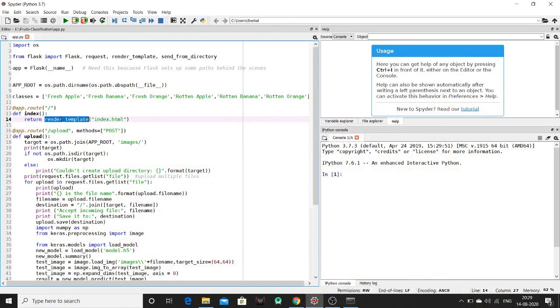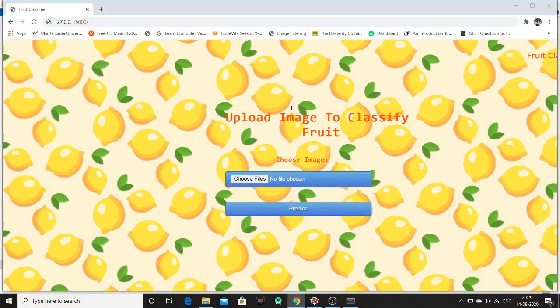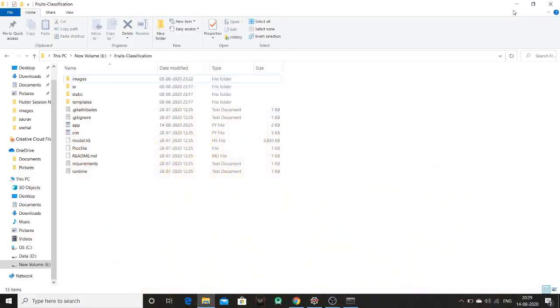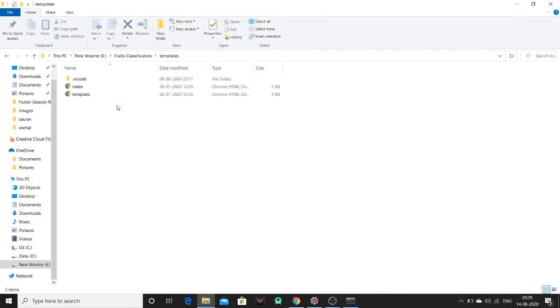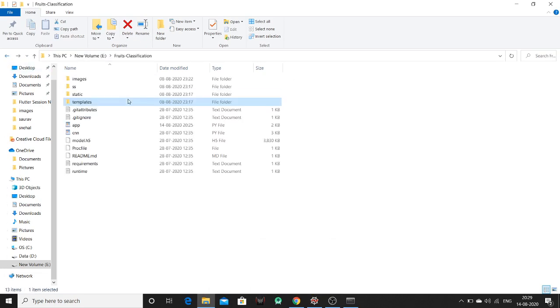Now what is render_template? We have imported it from our Flask module. This will tell our function to return an HTML file which is stored inside the templates folder. Let me show you. As we are going to use HTML and CSS for the web application, those HTML files should be in the templates folder, and inside that the main file should have the name index, or it can be other names also, but it should be in the templates folder.